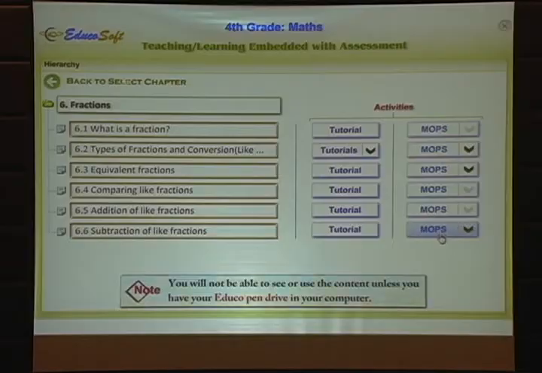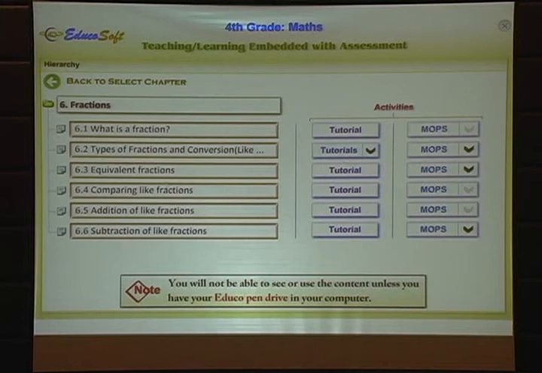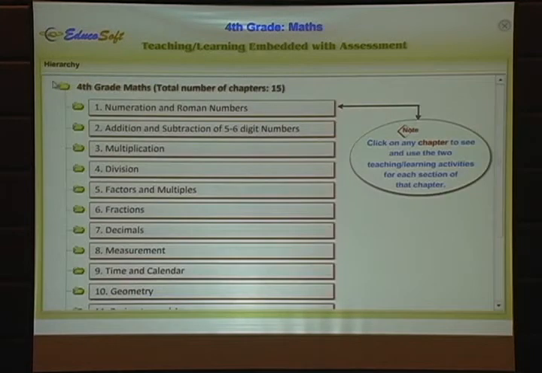Remember MOPs? Okay. Learn and assess, and assess in so many ways. And each assessment has how many activities? Infinite sets. And you study in which way? The way you want. Whether you're a smart guy, go in the test mode. If you're slow, go in the solution mode. If you're not sure, go in the check mode. So all those for each and every topic. For example, you've already seen, so I don't need to show you.